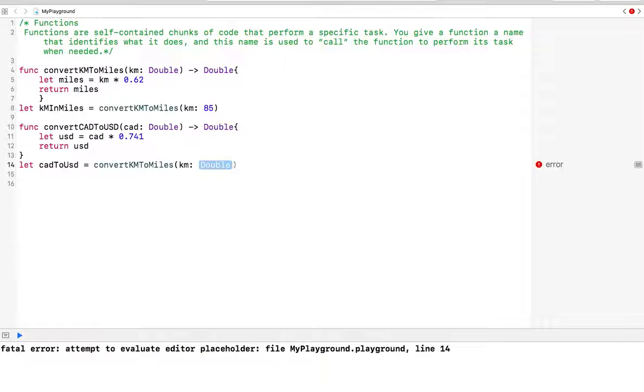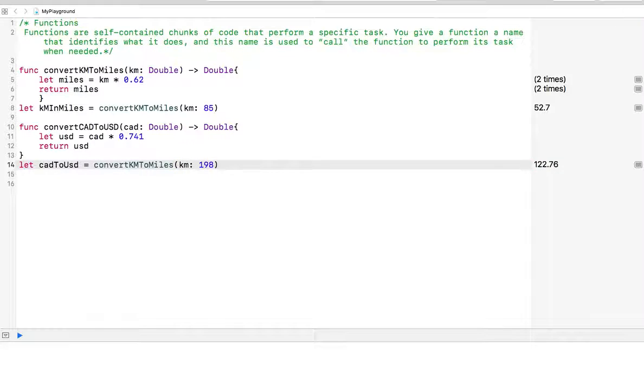Let's say the bill is $198. So that would be $122.76 in American dollars. Okay, everybody's following along. Now, here's the problem. Now that we got that converted, we know that's how much our bill is in American